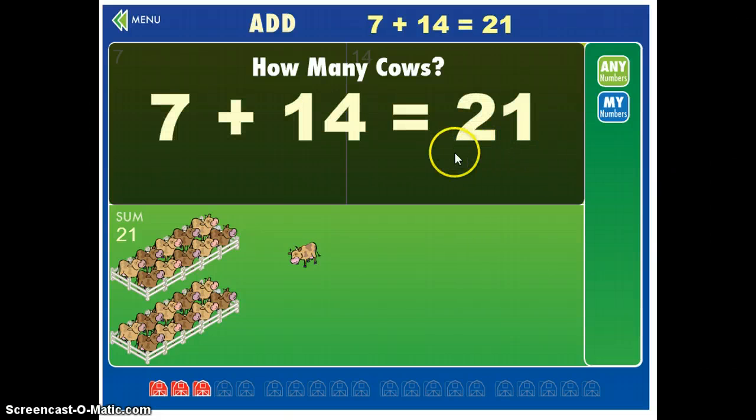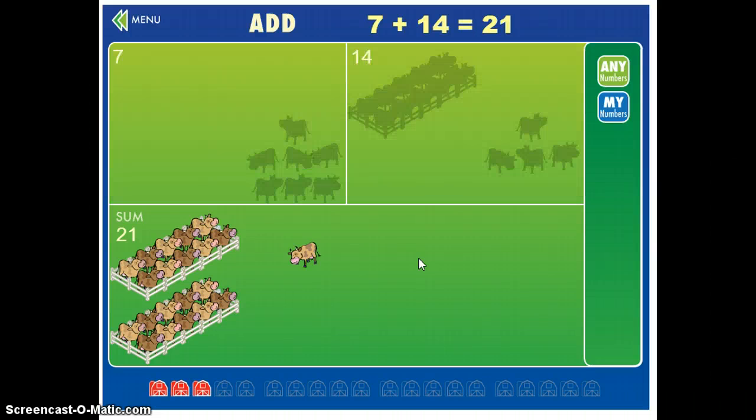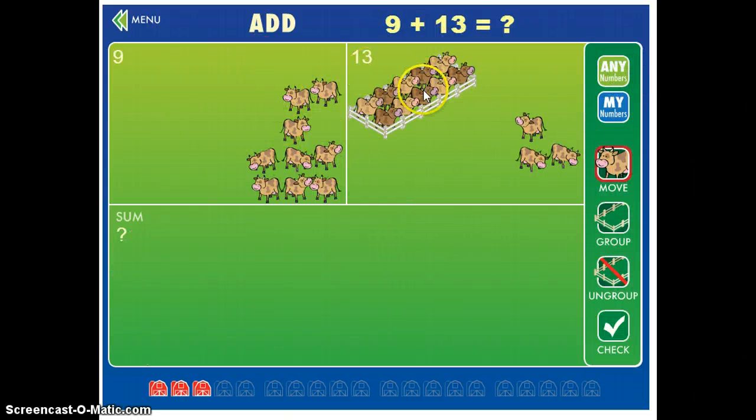So this is a very effective tool. I think that in my classroom, this would be something that we could do as a class. Just go down to the computer lab and do a math lesson there. And this is something that can also be projected in front of the class, to work on this together. And maybe what you could do is have a math problem and say, okay, this is a problem, 9 plus 13, and the children could have actual tokens or blocks or things like that in front of them, and work out the problem for themselves and group it themselves,